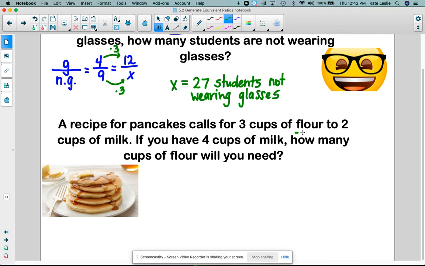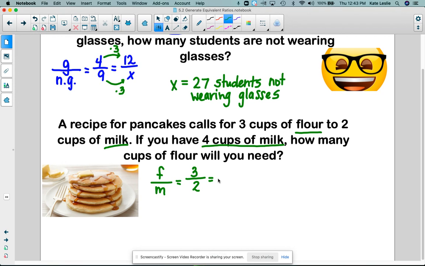We're comparing cups of flour to cups of milk. So flour to milk is what we are comparing. And as they told us previously, for every 3 cups of flour, there are 2 cups of milk. Okay? The other piece of information they give us is that if you have 4 cups of milk,